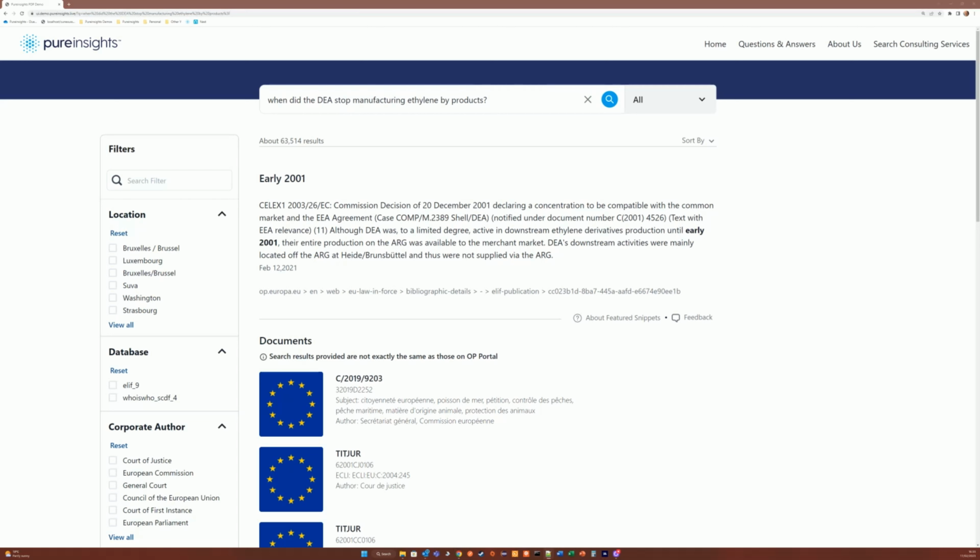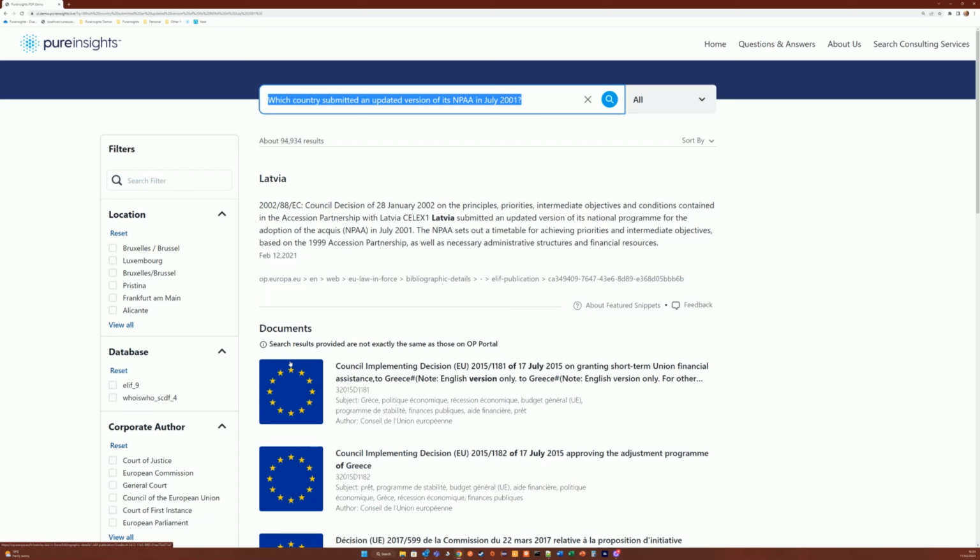And lastly, if I do a query for something like this, which country submitted an updated version of the MPAA in July 2001, then again we are extracting the answer directly from the content, simply because this was talking about the acquisition of an MPAA in July 2001, and that answer is correct.